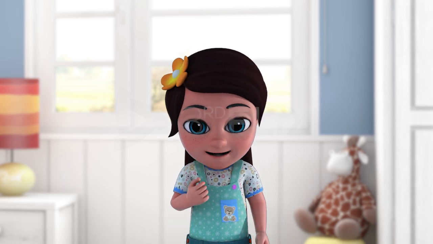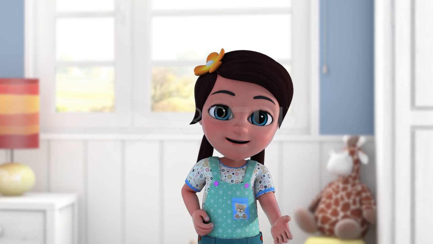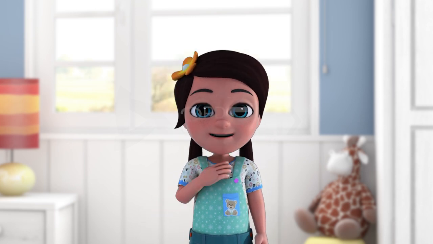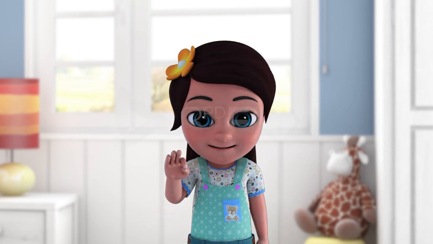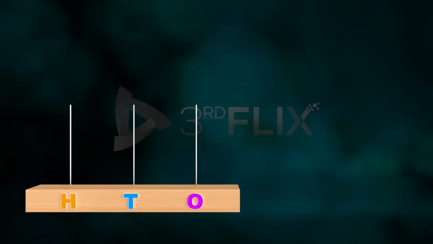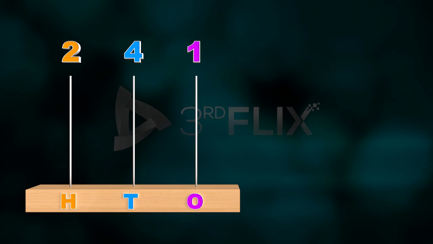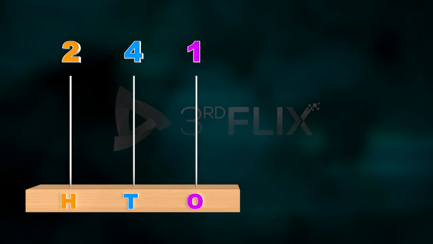Numbers on Abacus. We can also show numbers and the place on the Abacus. Let us take a 3-digit number 241. To show this number on an abacus, we need to mention the number of beads on the spikes representing